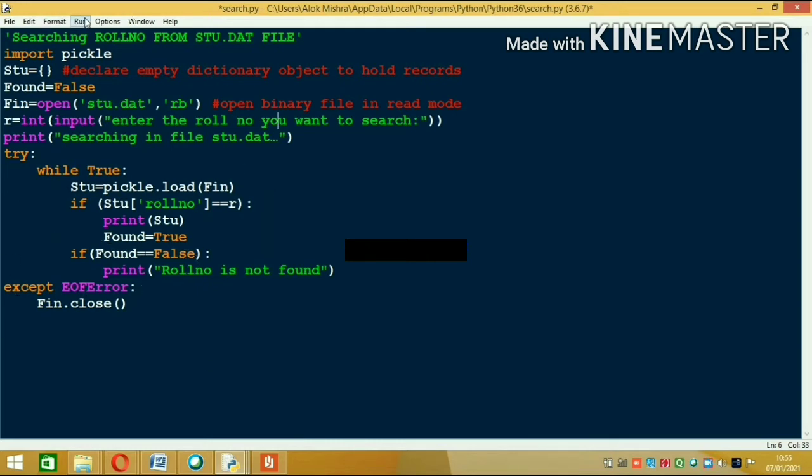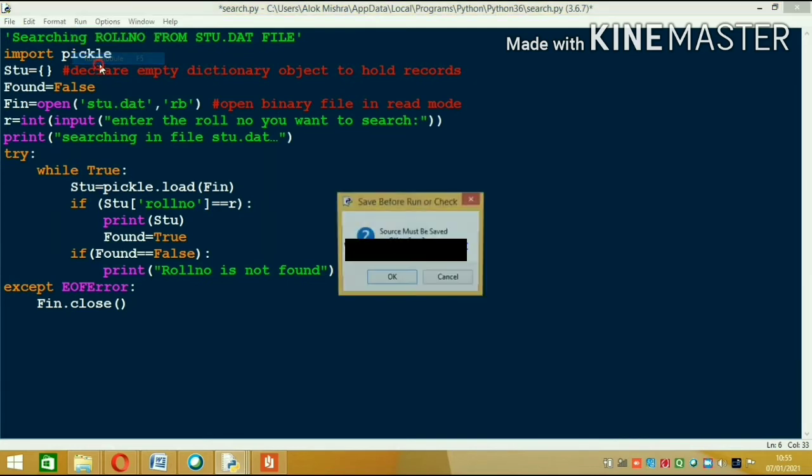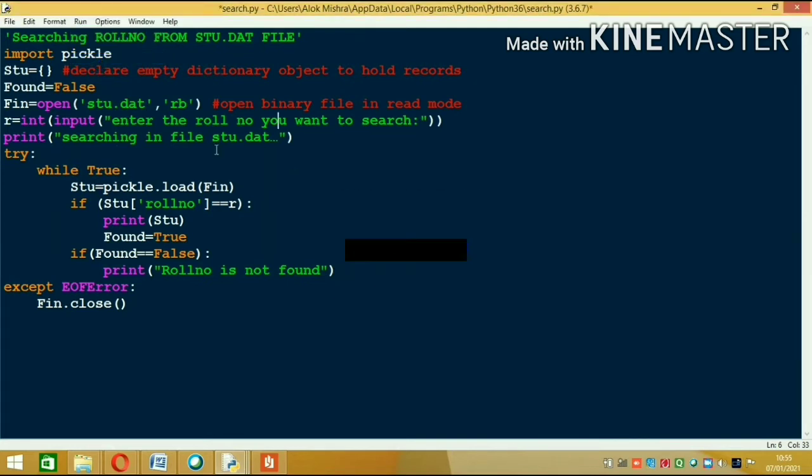Then we will use the try block in case there is any runtime error. As you know, a runtime error can be handled with try, and the except block will show you the error name. So in this program we first enter the roll number, then the data will be written. If it is found in the search, found will be true, otherwise found will be false. It means now it's time to run. Now we are running the program, and while running you can see we will enter the roll number here.